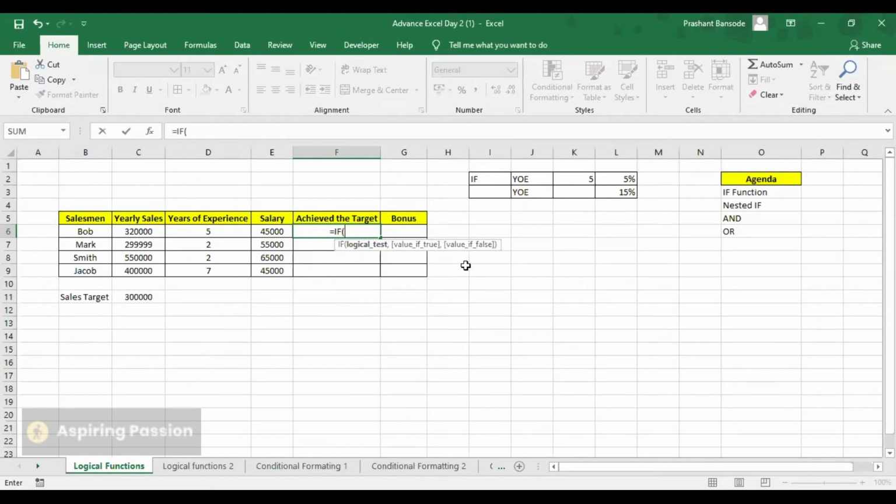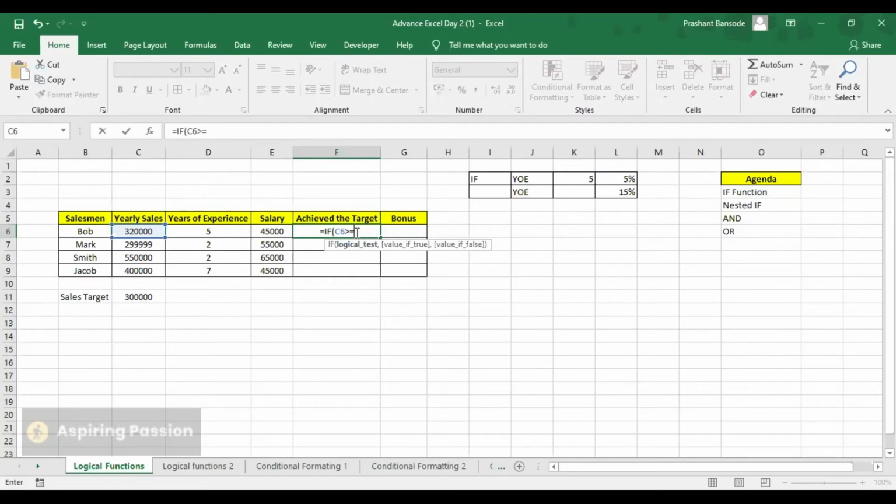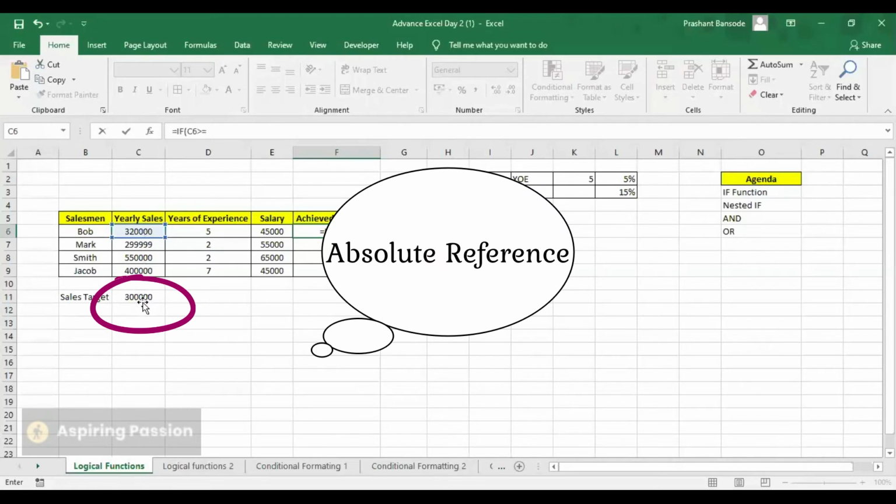You don't have to really change anything as such. As an example, I'm just going to click his sales, and I'm going to compare this cell with this. So if this is greater than or equal to, now you must be aware of these logical operators: the greater than symbol, the less than symbol, and equal to. So if his yearly sales is greater than or equal to this, now this is going to be an absolute reference, because this is going to be fixed for all the sales representatives.